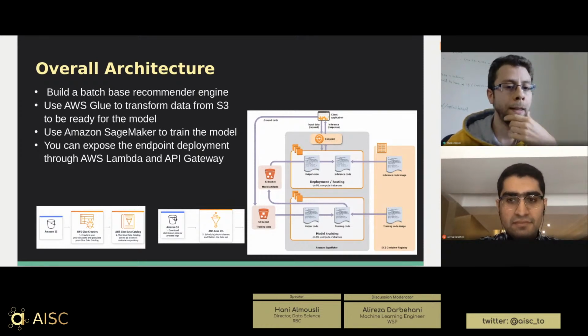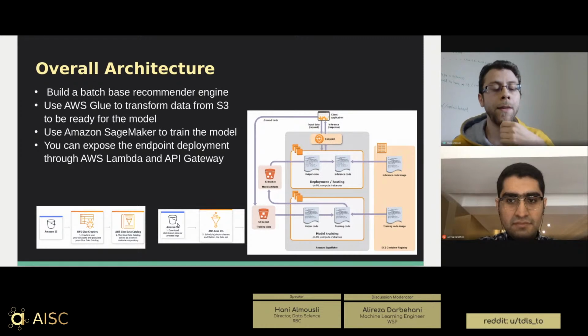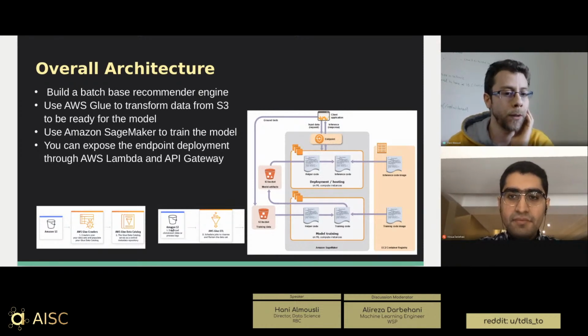Then, as a next step, you'll take your data from S3 with, of course, the schema that you created in the catalog, and then you use the AWS Glue ETL job, a job that you can schedule on demand or on whatever schedule you want, and then transform your raw data using that schema that we created, and you put it back on S3.